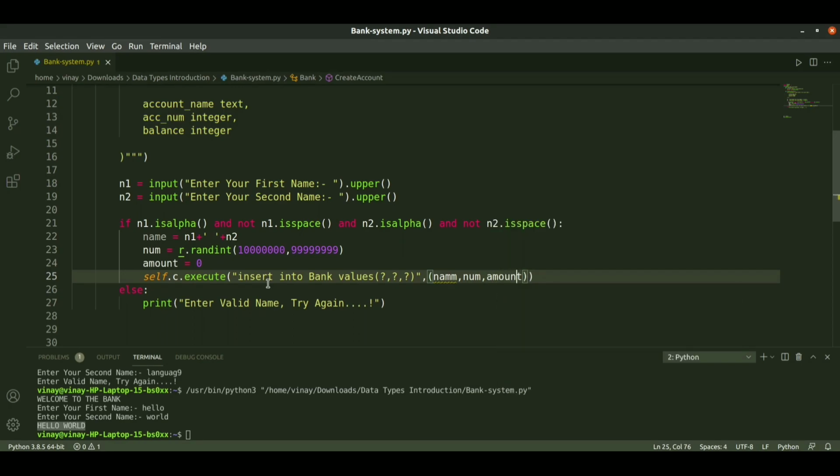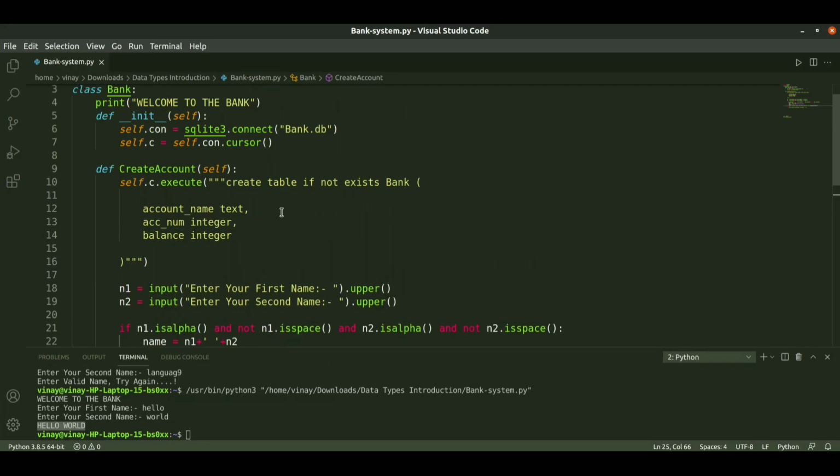So we passed this name and inserted into the table.